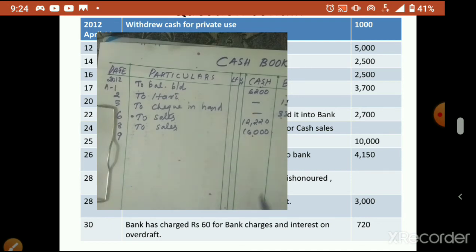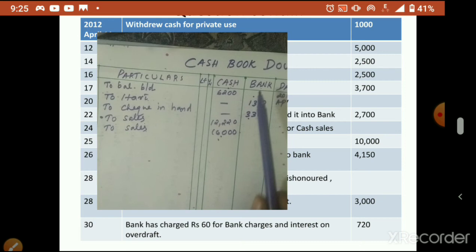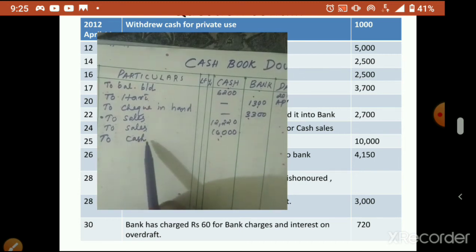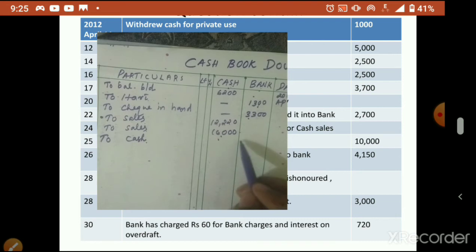So here what we are doing: the previous day's sale, 16,000 cash, is available with us. Now the next day on 9th we are going to deposit this money into the bank. So journal entry wise, what do we have to write? Bank account debtor to cash when we deposit. See here how to pass the contra entry. Bank is already here, so we write to cash. Bank account debtor to cash. So you are writing cash here, and in the bank column you have to write the amount.